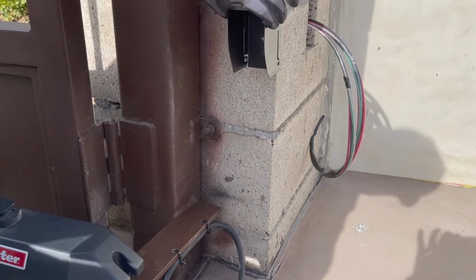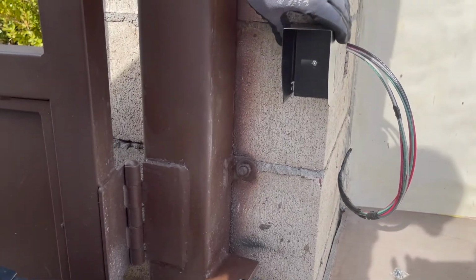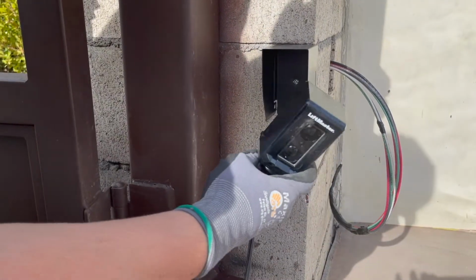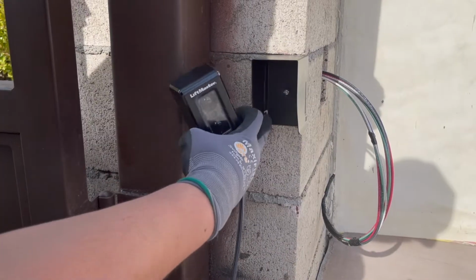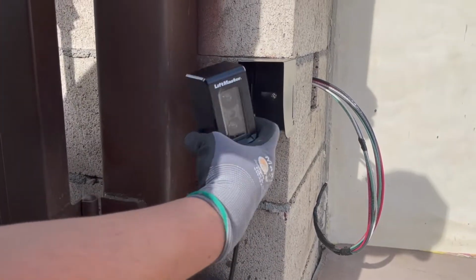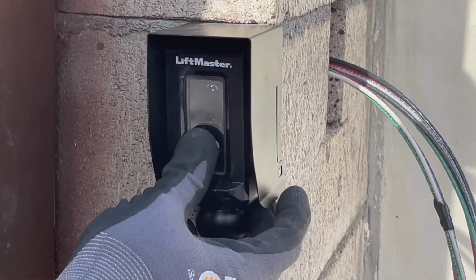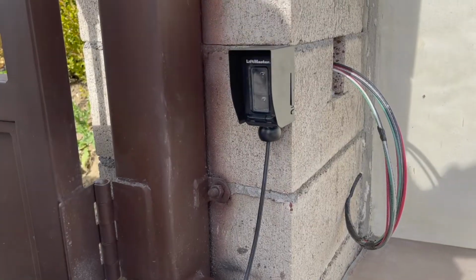So this is a housing, the bracket that actually holds the unit together. It's just one hole, one retaining screw, and this actually just sits right on it. And if you can see the 2 brackets here, that's what holds on to the actual bracket itself. So these 2 tabs will hold on to there, slide it in there, and it clicks right in place. Now on the other side,